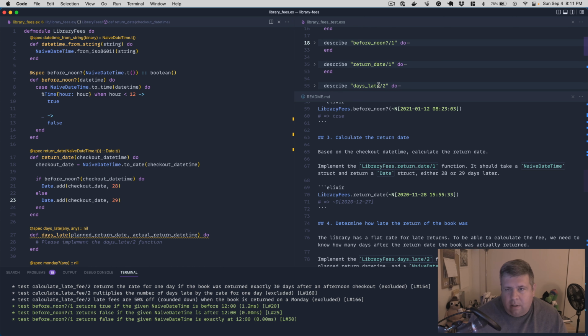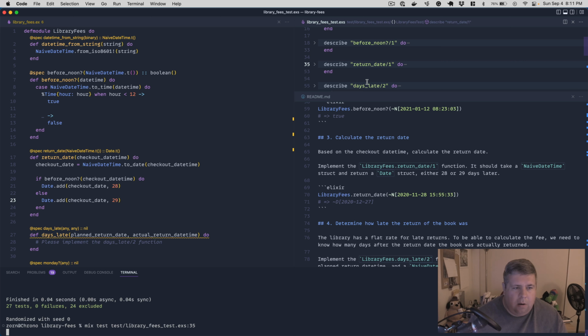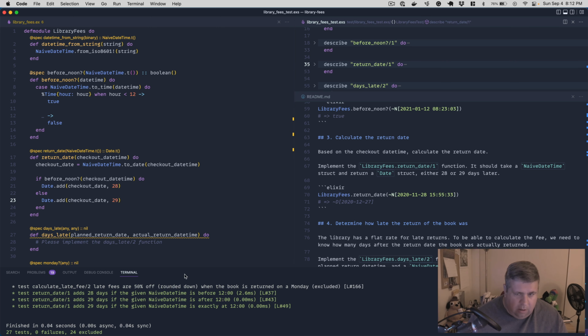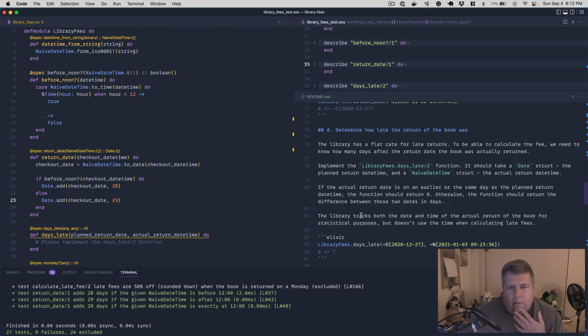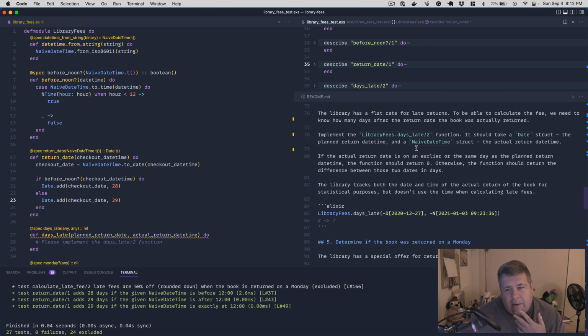All right, cool. Let's run the test, and we're going to validate return date, and that looks good. All right, cool. Moving on, number 4. Determine how late the return of the book was. The library has a flat rate for late returns. To be able to calculate the fee, we need to know how many days after the return date the book was actually returned. Implement days late